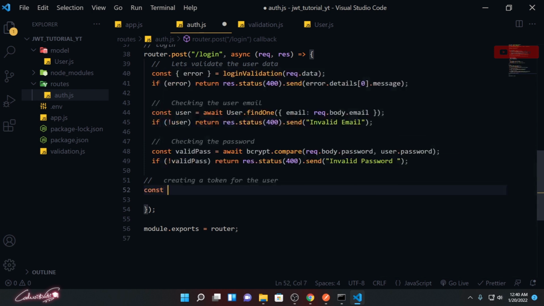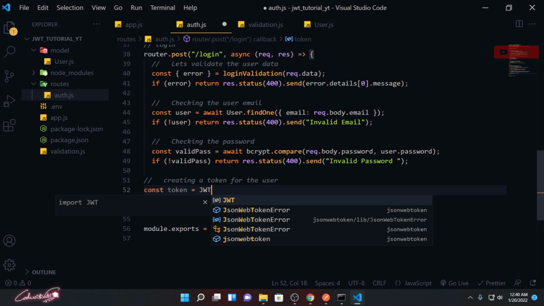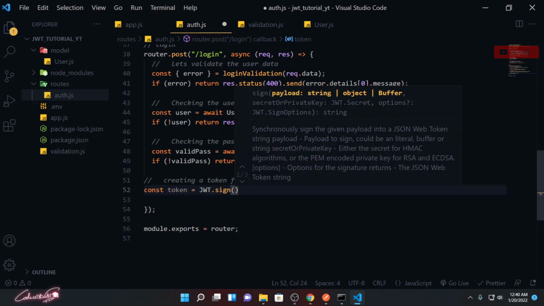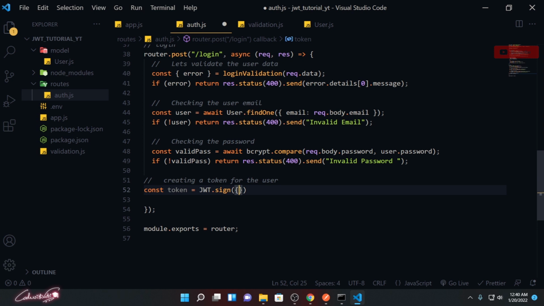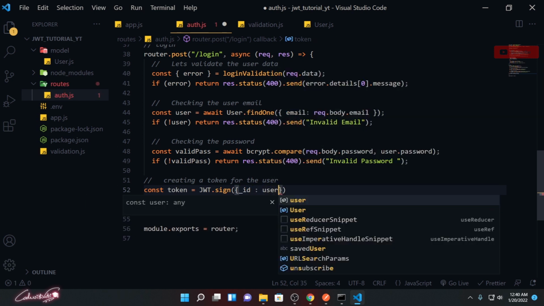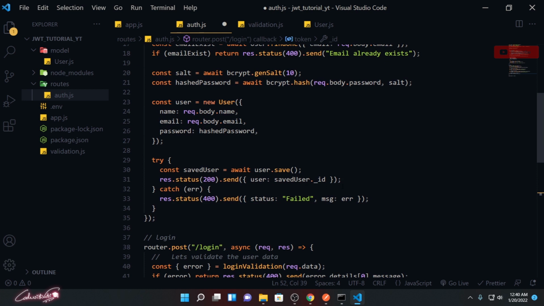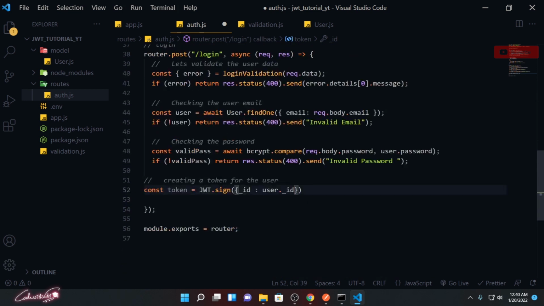So const token = jwt.sign. Inside the sign, I'm going to pass the ID of the user, user._id, because if the user is successfully signed in, we are getting that user ID.